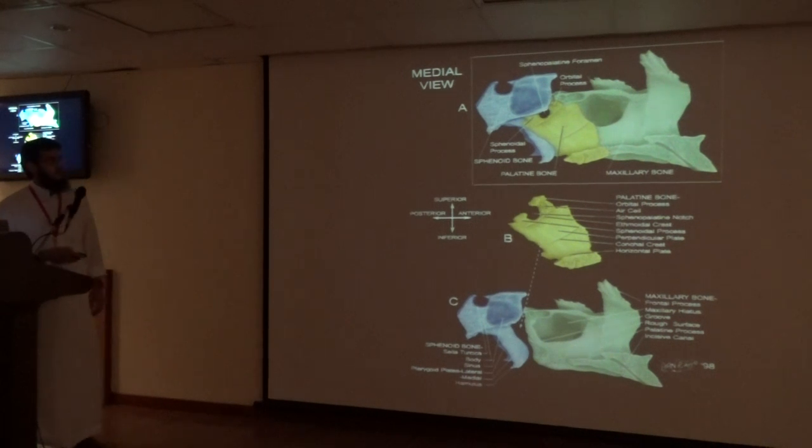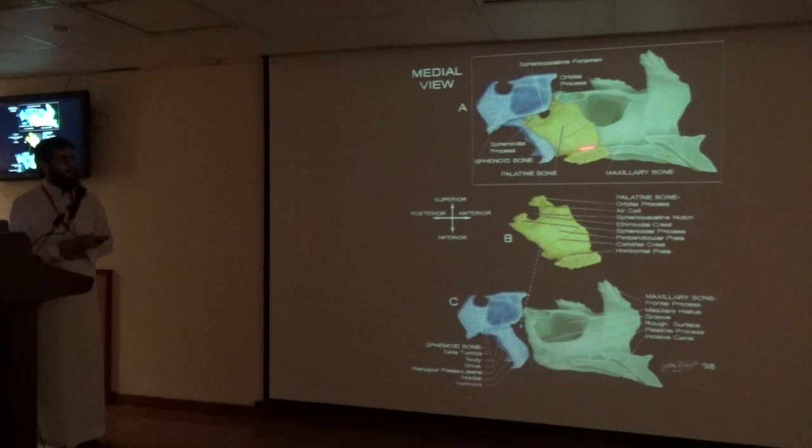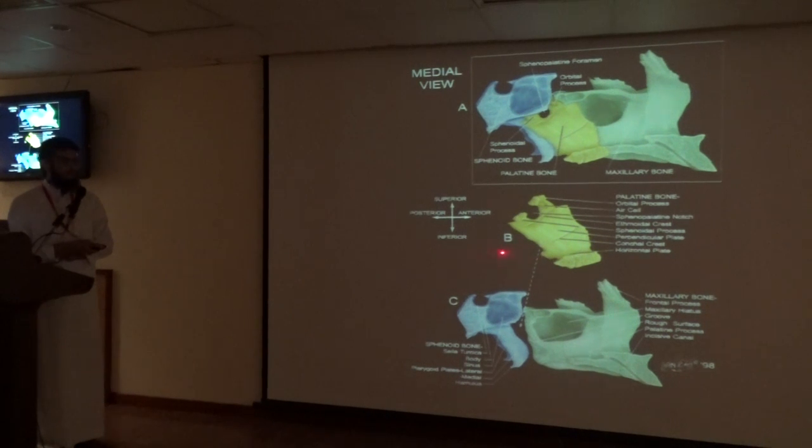Let's come from the medial aspect. So we are looking at the area from the medial aspect. This is, as we said, the palatine bone. This is the hard palate, the posterior third of the palatine bone, the horizontal portion, and this is the perpendicular plate of the palatine bone, and it is like what we said, branching, the orbital process of the palatine bone anteriorly. It's a very hard bone. You need to remove it before reaching the sphenopalatine area, and this is the sphenoid process